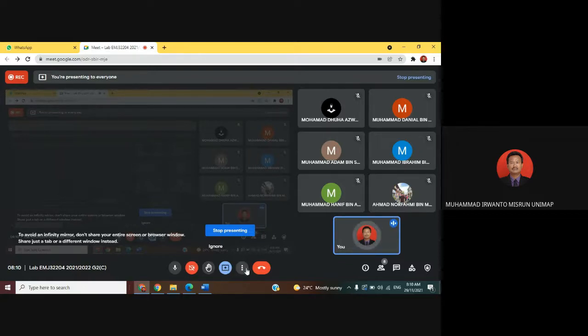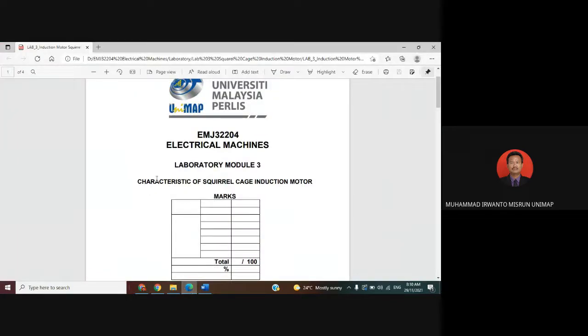Now, today for our lab, the title is Characteristic of Squirrel Cage Induction Motor. This lab is an open-ended lab.